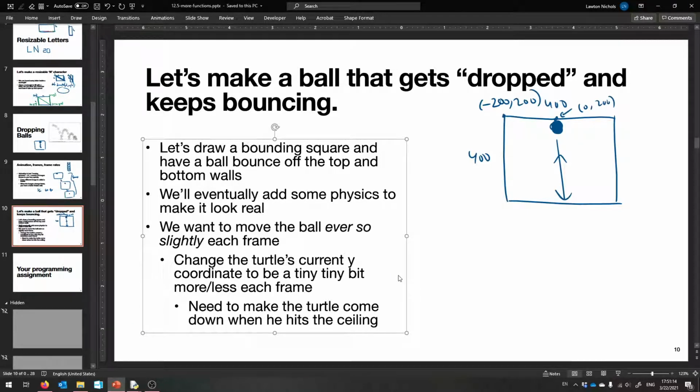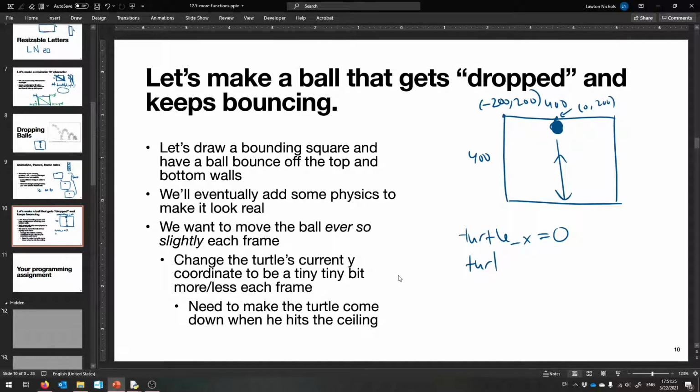And then we have to figure out when he hits the ceiling, okay? So he's going to start moving downward, and we're gonna do it like this. So like turtle x, we can start that at 0. Turtle y, it can be whatever it was, that 200 minus width thing. And then we want to change the turtle's y a bunch, okay? So we're going to say like turtle offset or something. Give him a little offset, and offset him by like, I don't know, -5 each time. Let's try that. And then we're going to keep on doing repeatedly